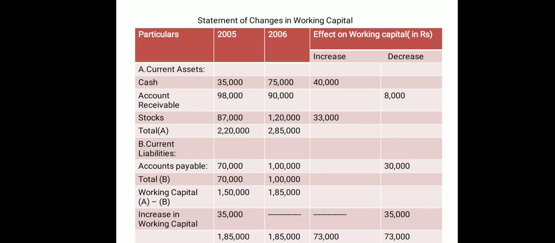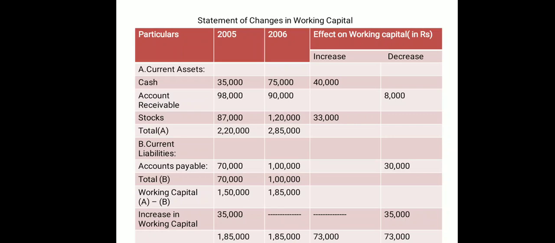Okay, vice versa. Like if I'm saying increase in a current asset means increase in working capital, then definitely decrease in current asset means decrease in working capital. And if I remember that increase in current asset means increase in working capital, that means definitely increase in current liability means decrease in working capital. So out of 4 you can remember any one and then keep on replacing. Fine. So here, increase in current liability, decrease in working capital. So I have posted 30,000 in your decrease column.